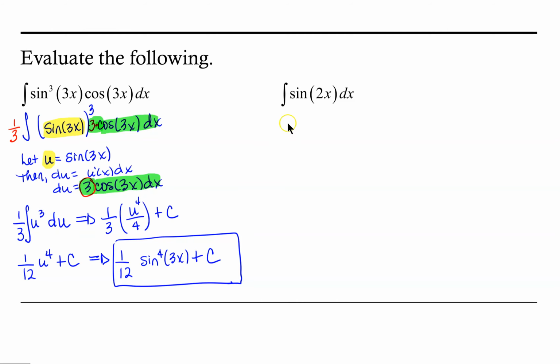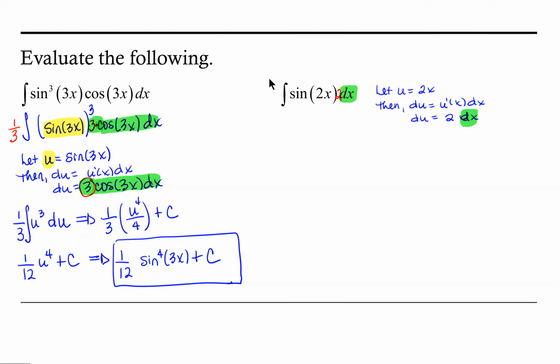Looking at our second example, we've got the antiderivative of sine of 2x dx. There's a couple of ways we could approach this. The first is we could simply let u equal 2x, then du would be u prime of x dx, which in this case is 2 dx. We don't have the 2. We can see that we've got this dx, but we don't have a factor of 2, so let's go ahead